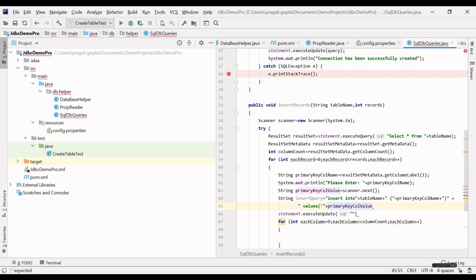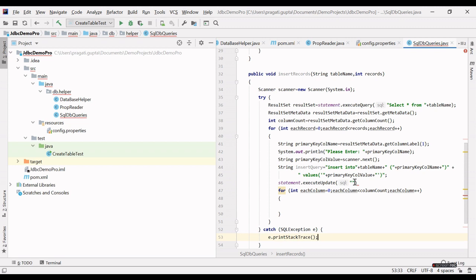Primary call value. Now just pass this insert query in this execute update argument.